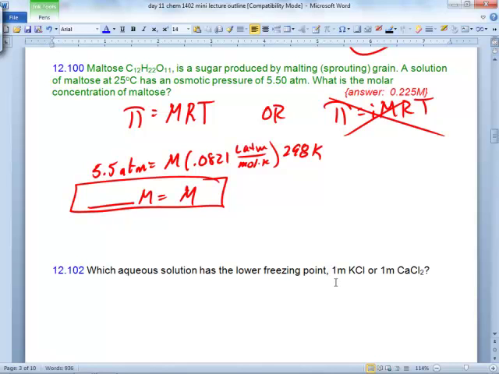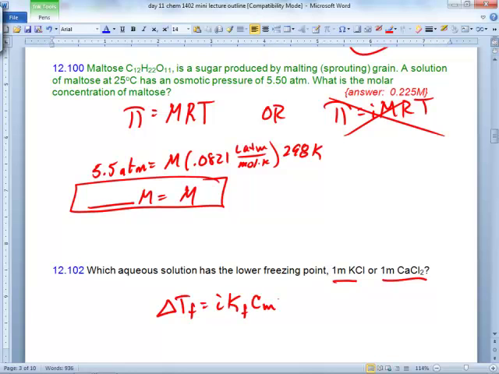Is it the KCl or is it the calcium chloride? Why? Well, an equation might help. What equation would help us? What is it? Delta TF equals... Okay. Do we want the one with the I in it? Yes. Where is the metal in KCl? K. Where is the metal in the CaCl2? The Ca. Okay. So if you're going to apply this equation to each one of these solutions,